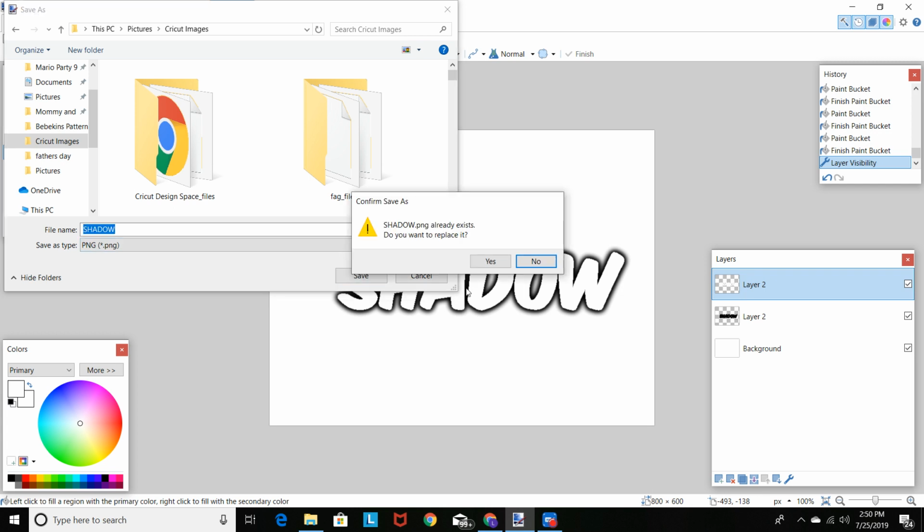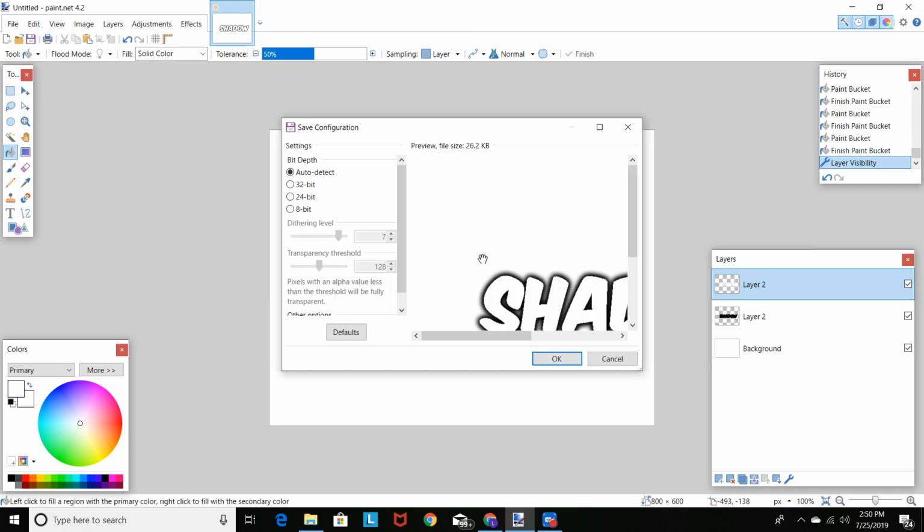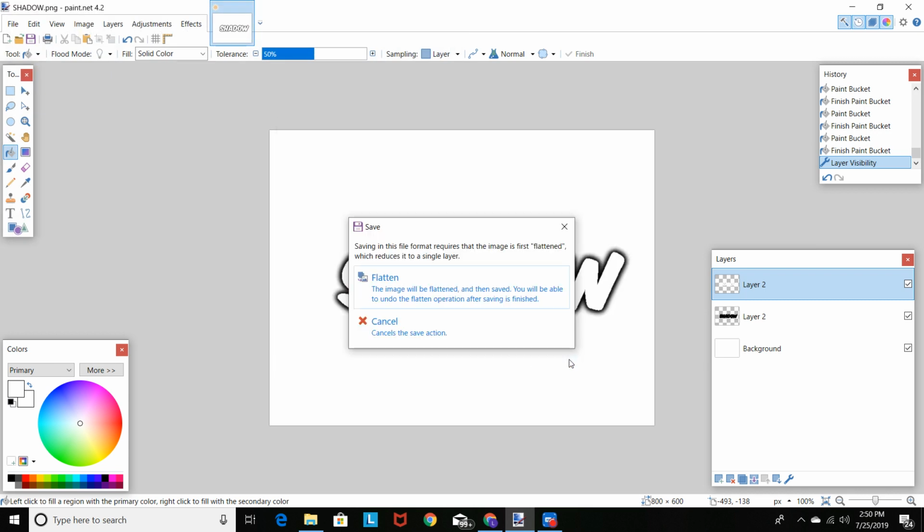So after you save that, save it. Oh, I forgot to flatten it. You want to flatten the entire image, but before you go out,